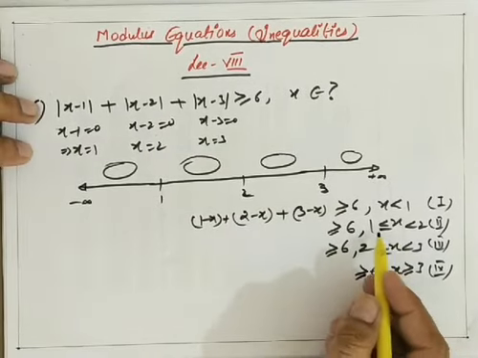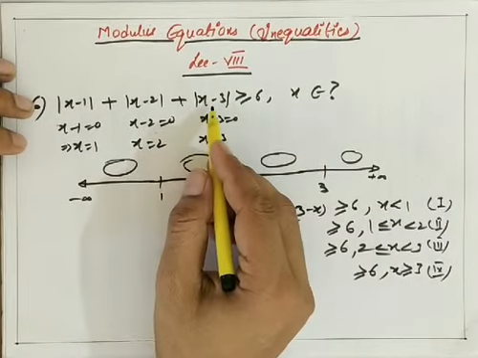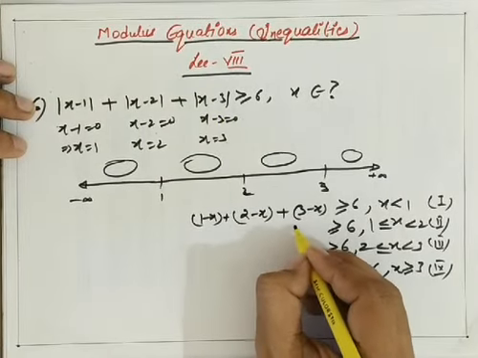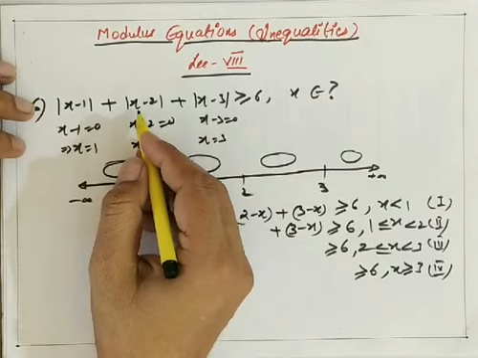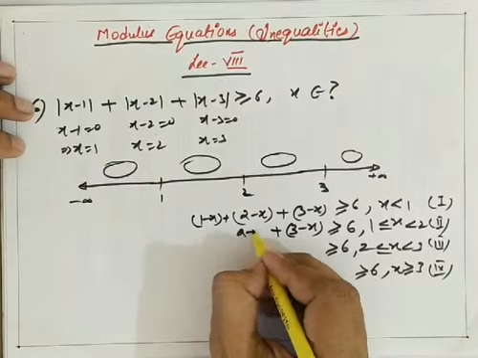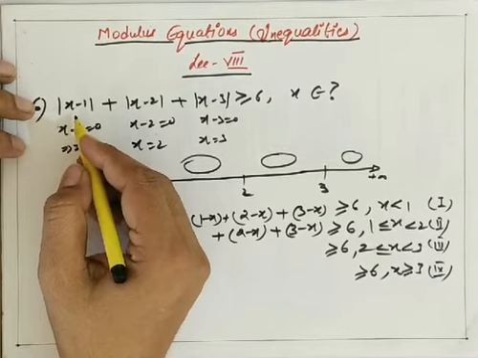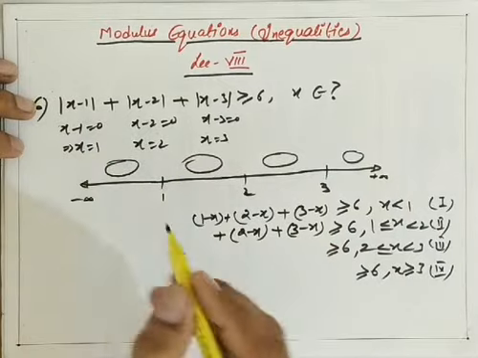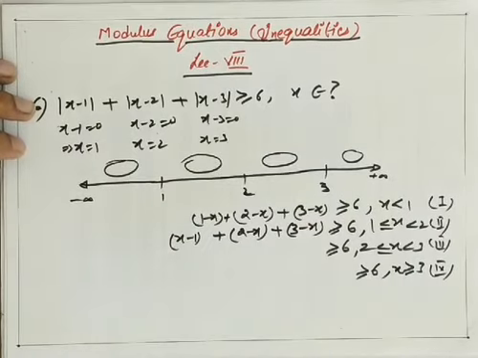Now let's see the second case. Between 1 and 2, suppose 1.5 is there. I will put 1.5 over here. It will give 1.5 minus 3, that is minus 1.5, which is negative. So mod of minus 1.5 is plus 1.5. That means the equivalent function will be 3 minus x. Now 1.5 over here, it is minus 0.5, so that is plus 0.5. That means the equivalent will be 2 minus x. Now here 1.5 minus 1 is 0.5, which is already positive. That means inside the modulus in this interval a positive number is only going on, so let it remain as it is. This is x minus 1.